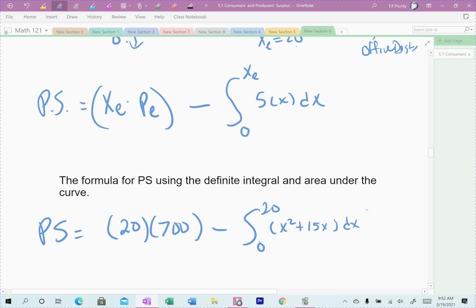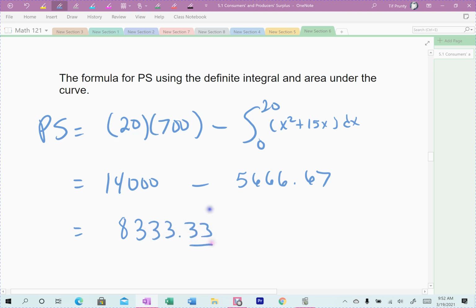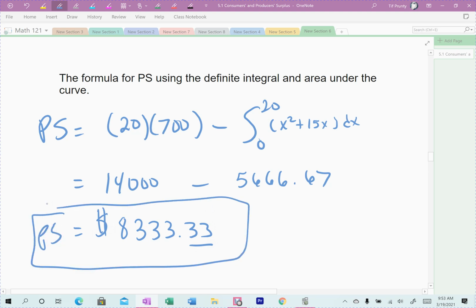I'm just going to give it to you; we'll solve them on the calculator in the next example. The revenue was 14,000. The integral is going to be an ugly number because you're going to get a third: it comes out to 5,666.67. The difference would be 8,333.33. I usually round to the penny because we're talking dollars. So the producer surplus, the extra amount of money they got, is this: they actually got 14,000, they would have been willing to settle for $5,666.67, so they got an extra at the equilibrium point. The surplus would have been that 8,000. That's the extra. And now we're just going to practice it in the next